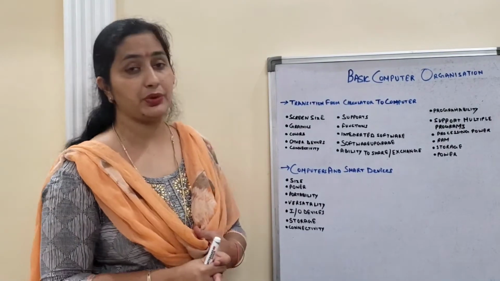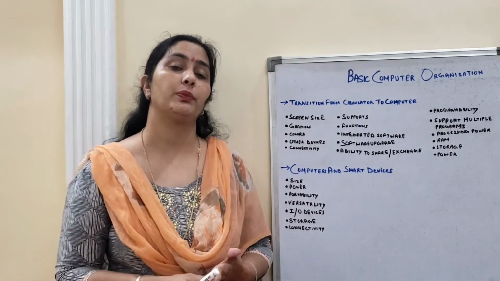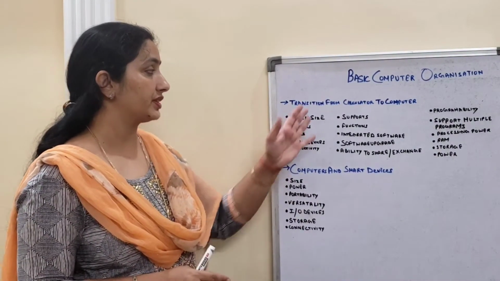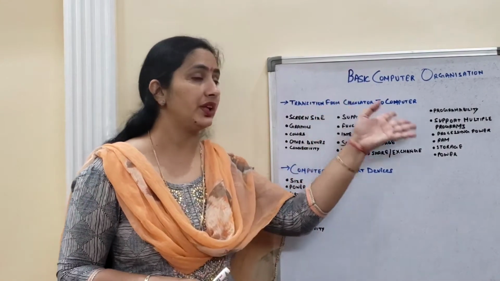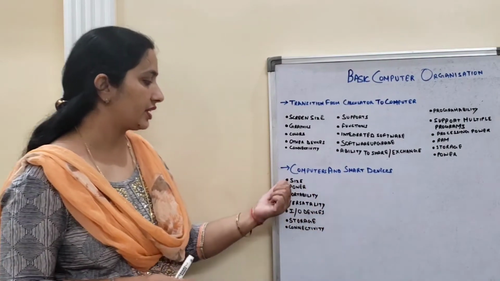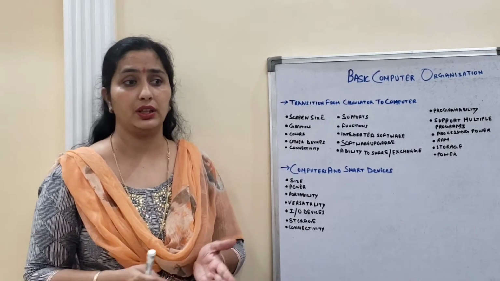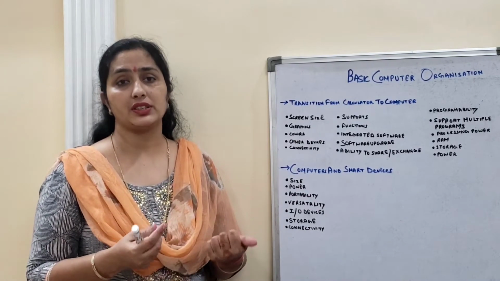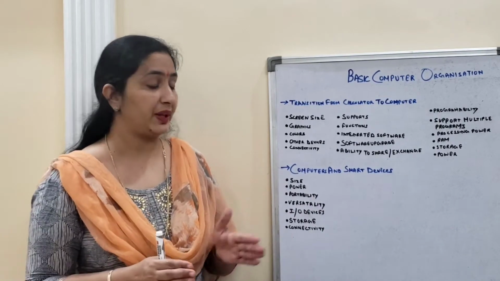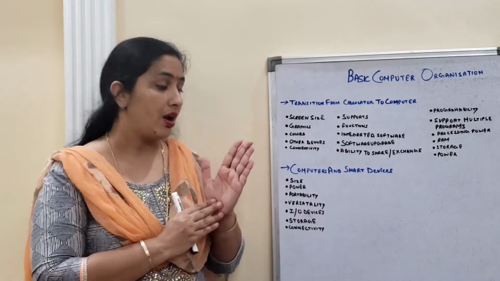Next is power. A computer needs electricity and consumes a lot of it, whereas a calculator can be operated throughout the day on batteries. Now, this is the difference from calculator to computer. Now this transition is from computer to smart devices. First, again it comes to size. A computer may be on a table, or even if it is a microcomputer it could fit into a small place, whereas a smart device, your smartphone, can fit into your palm.